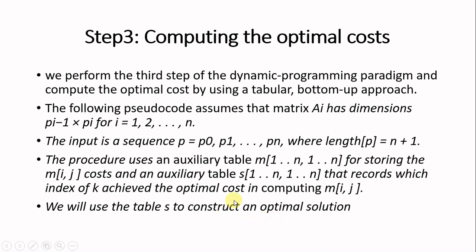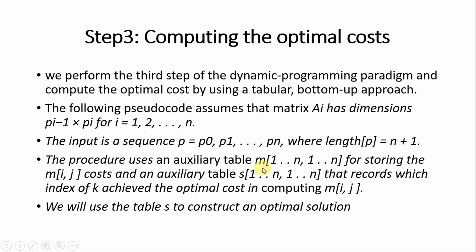So we have table m of i comma j that will record the minimum cost for computing matrices Ai to Aj, and m of 1 comma n will give you the lowest cost for computing A1 to An. And you have one more table, that is s, that will give you the index k.